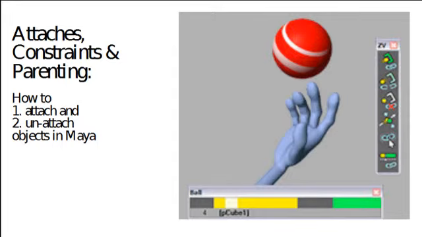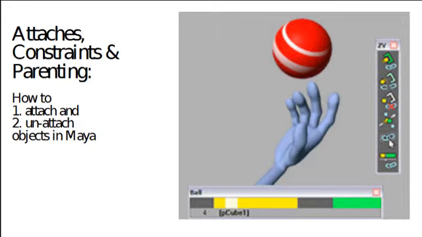And this week the exercise you'll be doing is the ball throw, that is to say a character throwing a ball. So obviously you need to be able to attach the ball to the character's hand and then unattach it from the character's hand as the ball throws through the air. So for the first part of the shot, the ball will be a child of the character's hand, and then later on, when the ball leaves the character's hand, it needs to be an independent object that you can animate